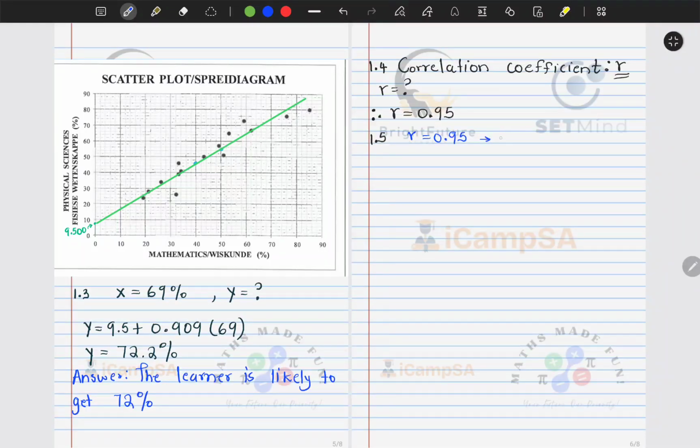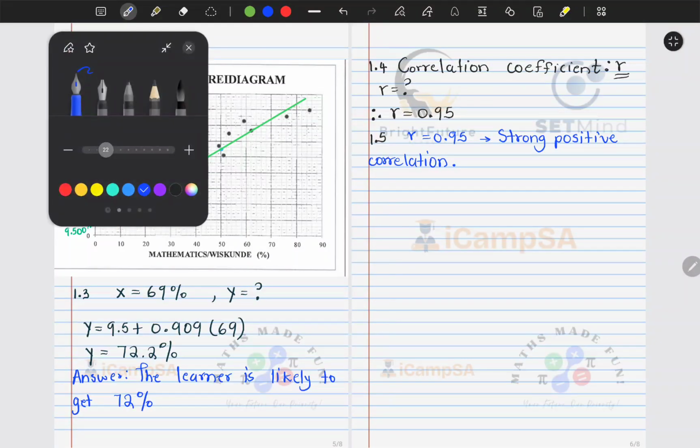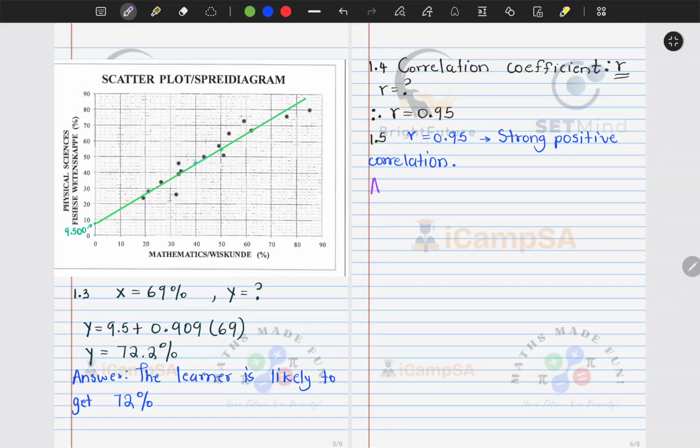So if we look carefully, we have an R value of 0.95. And we know that 0.95, because it's close to 1, is strong, but it's positive, so it's a strong positive correlation. So that is what the R tells us. Back to the context of the problem, what we can give as the answer is the following. We can say that there's a strong positive correlation between the marks for mathematics and physical sciences. So let's note that. We are saying there is a strong positive